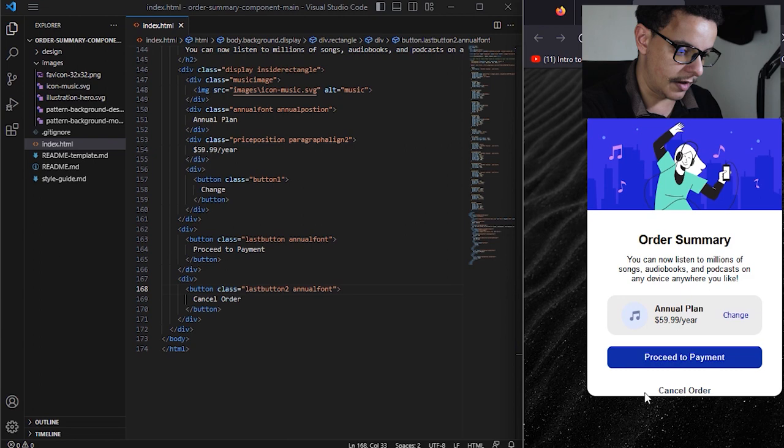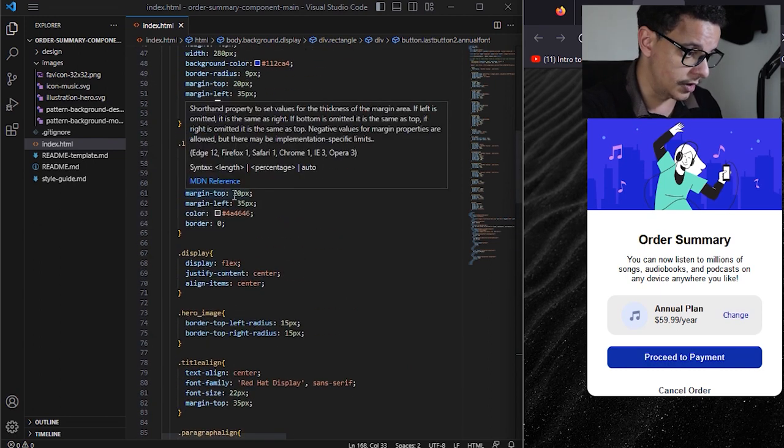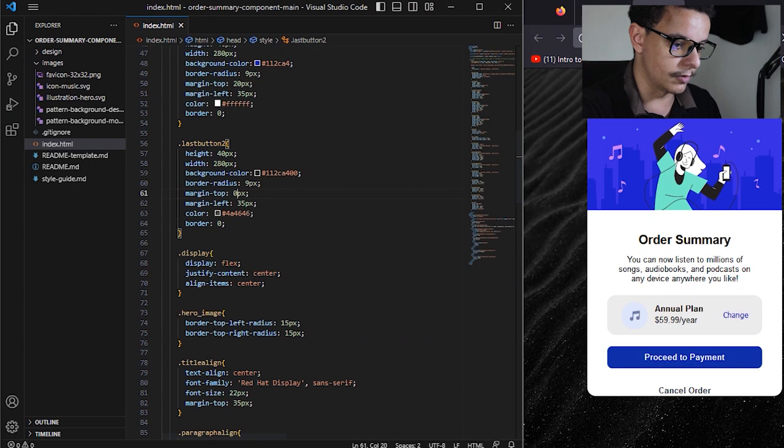Let's refresh. Here we have just the text, okay? We don't have the background itself. We just have now to change the margin. So here in margin top we can set to 0 maybe. To close, let's set to margin top 5, for example. I think it's good. Maybe if we